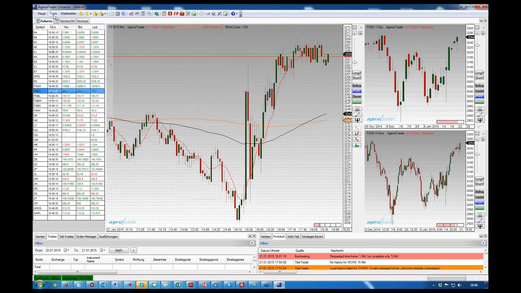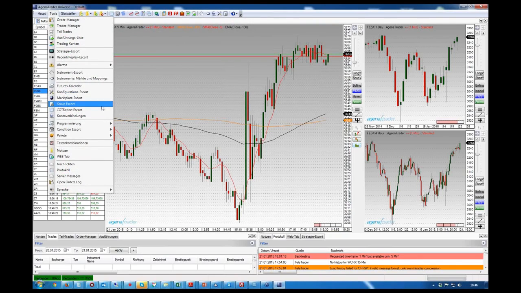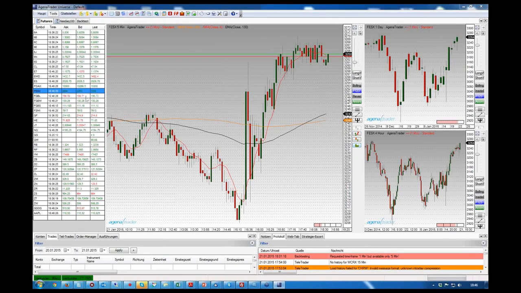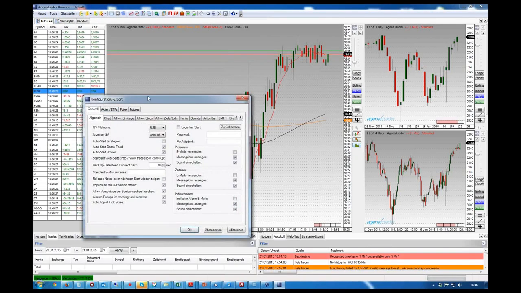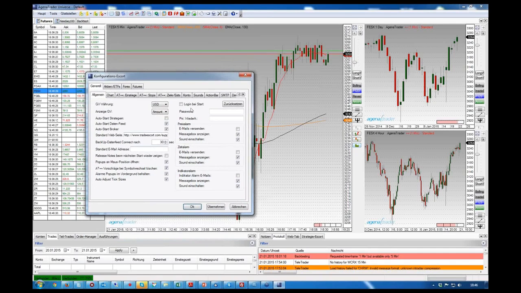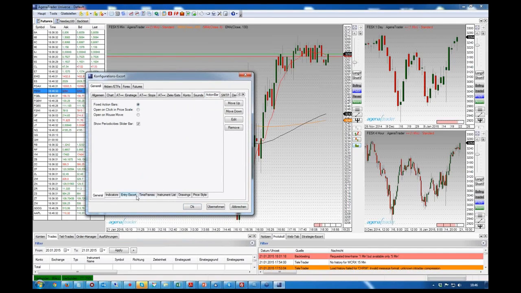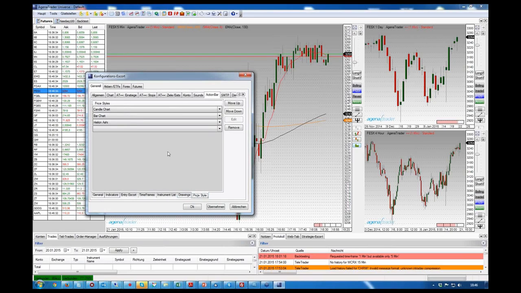So when I now go to the configuration escort, then here the action bar, and I select, as you can see, I only have the 3 that I previously set. The mountain view is not in there. Now here, if I want to add, say, the equi-volume,